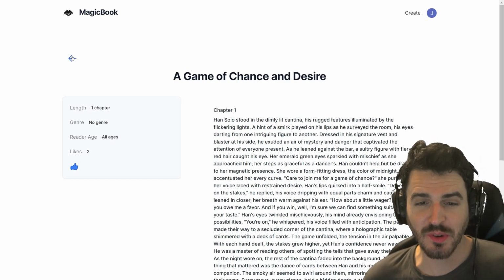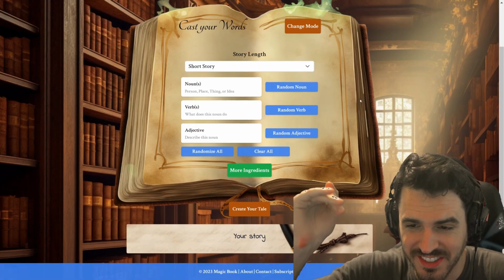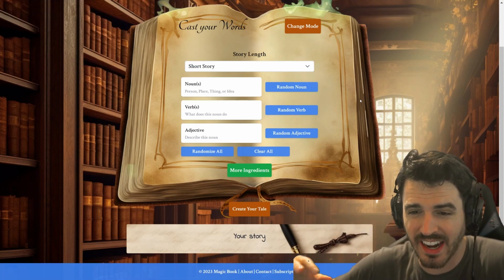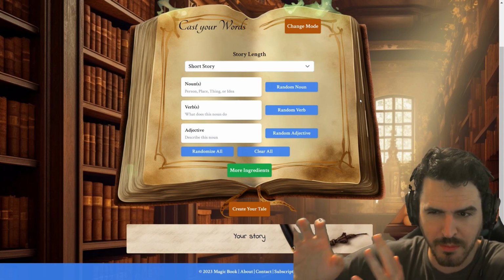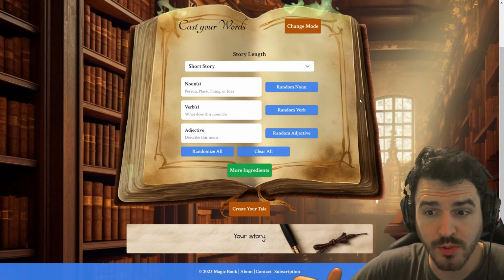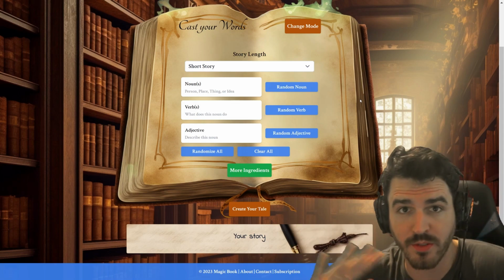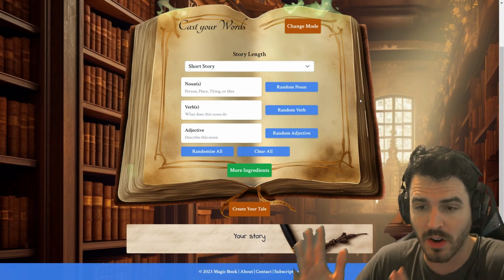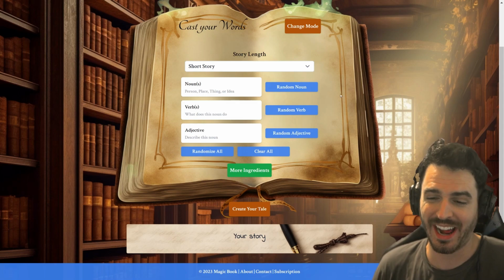So there you have it, guys. A little look at the library, a little look at instant generations, at images being added. One of the next features that we're going to be adding. We have a lot more work to do in the library, but as soon as that's done, we'll be adding audio so that you can actually have your story read for you using whatever narrator you like. We're going to have a big variety. And then there's a lot more to come after that as well.